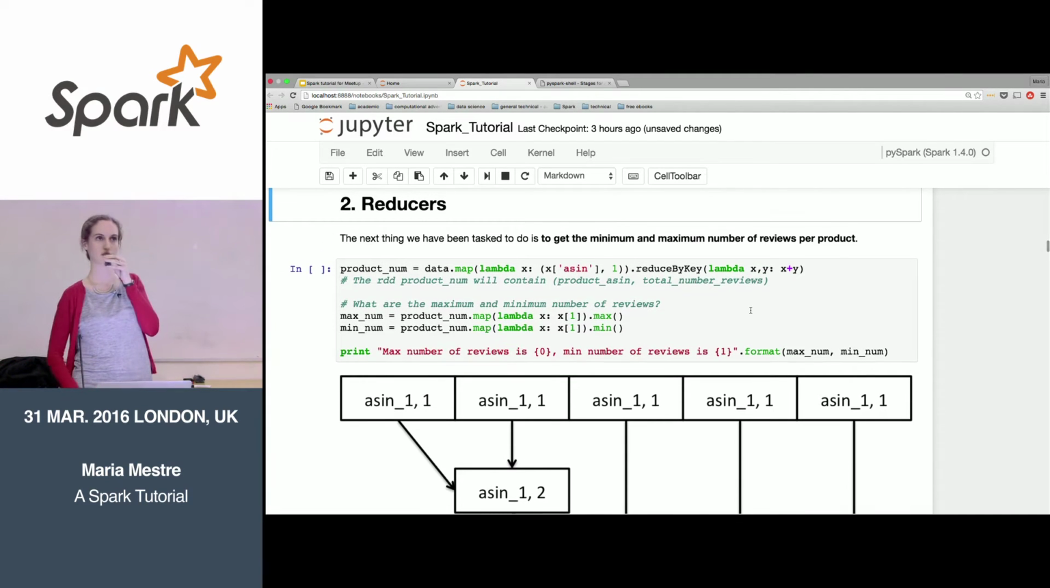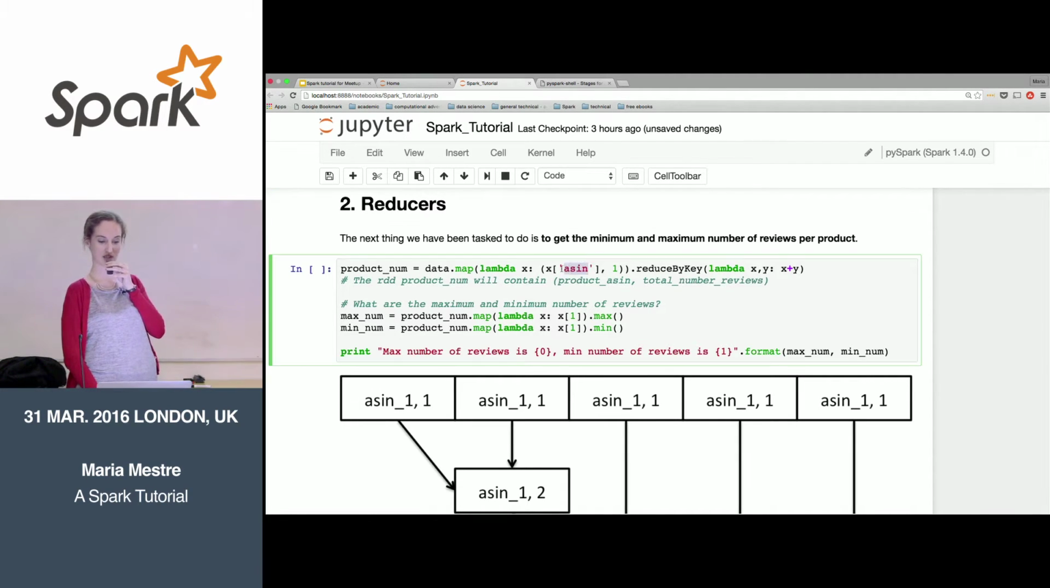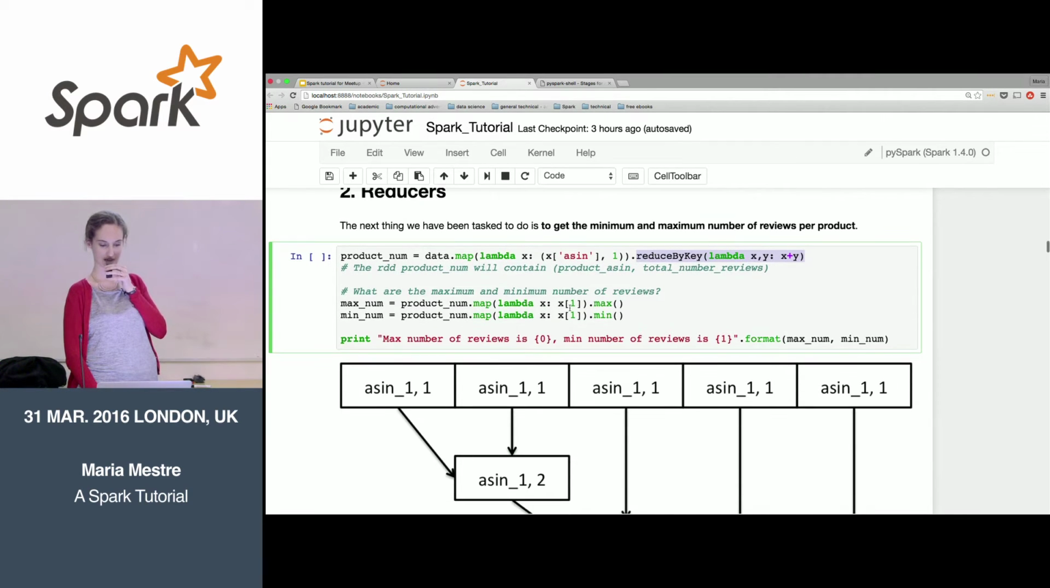So for that, we're going to use something called a reducer. Again, it's fundamental to the map-reduce paradigm. In this case, we're going to count the number of times we see a particular ASIN, a particular product identifier. We're going to use reduceByKey to count the number of times we see each ASIN, and then get